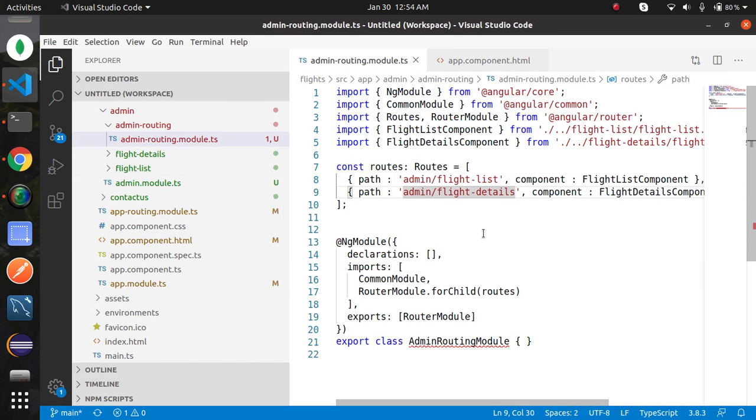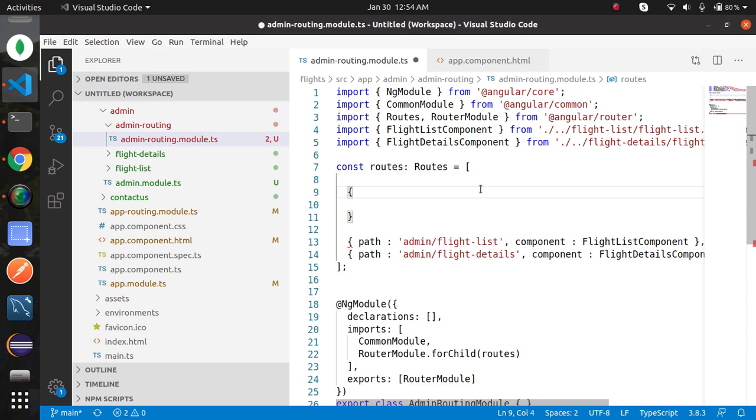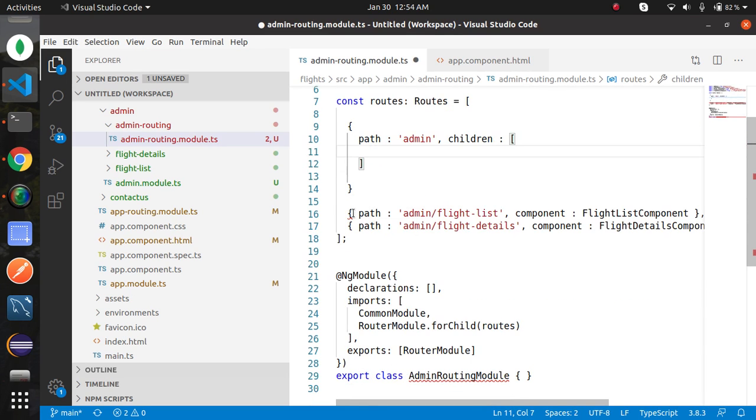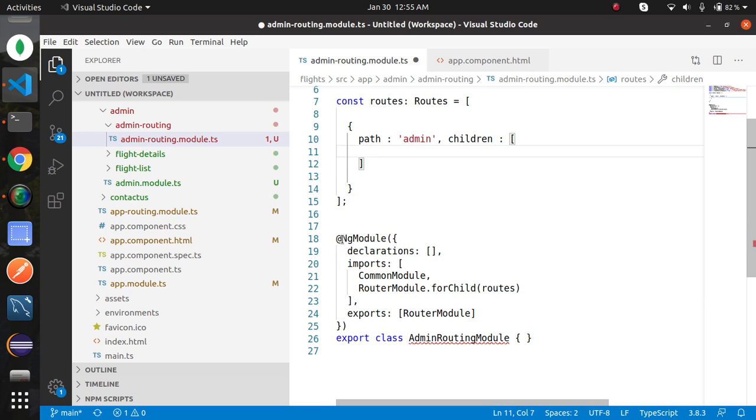Go to your admin routing module. Here, rather than adding admin at every place, you can use the children feature. Let's look at the syntax. Path, put admin here, then comma children, copy both, paste here.